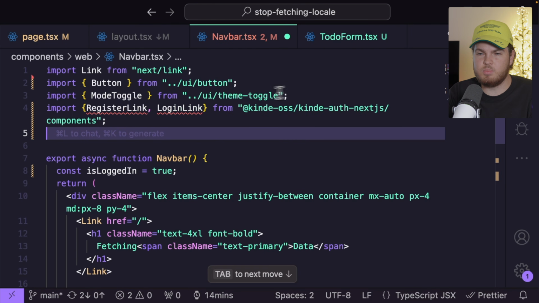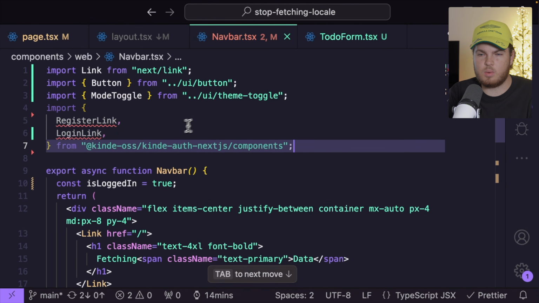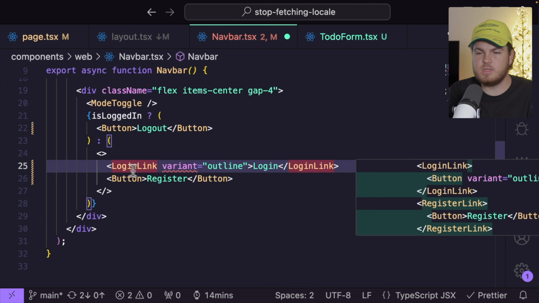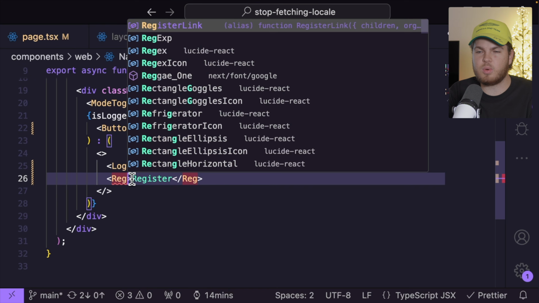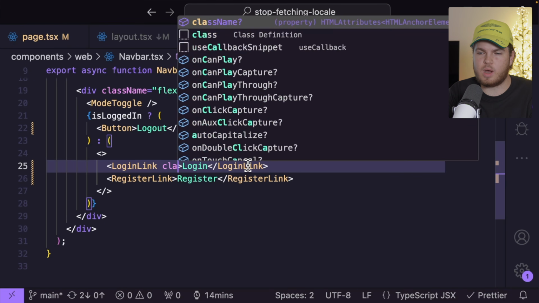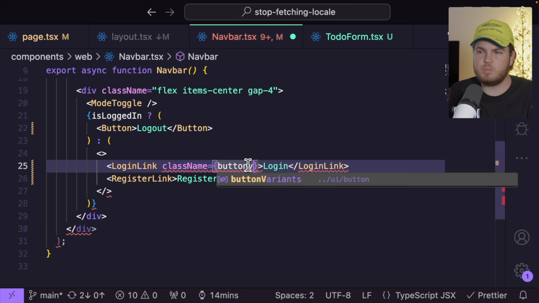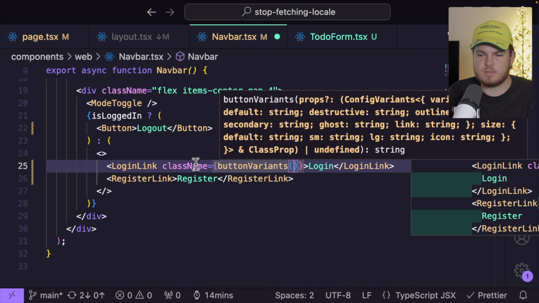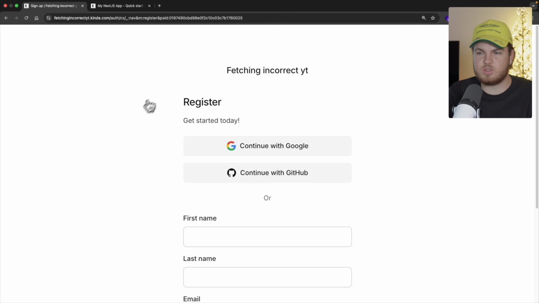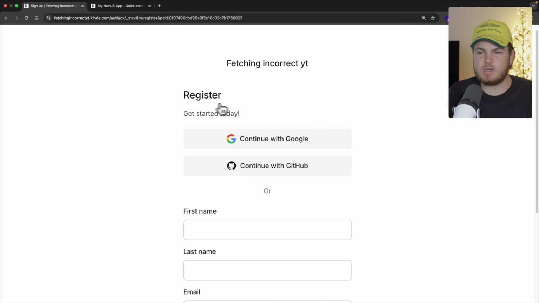So let's first of all import the register link and login link components. And then for the login button, I want to render the login link component. And for the register button, I want to render the register link component. These are headless components, so I will also add a className, which will be equal to buttonVariants. If I save this and again go back, you will see right here 2 buttons, a login button and a register button. Let me first of all register, and as you see, I got redirected back to the Kinde